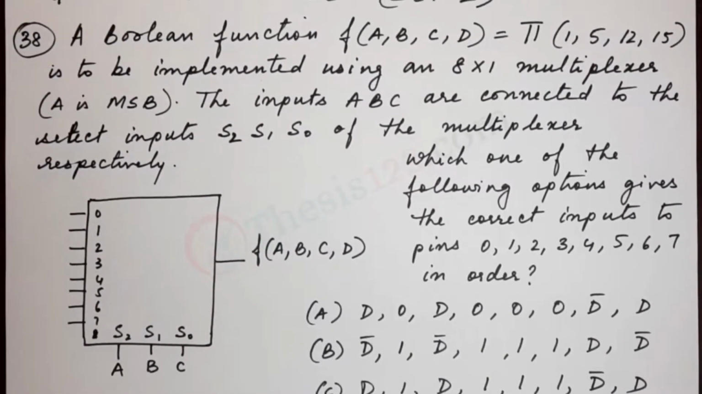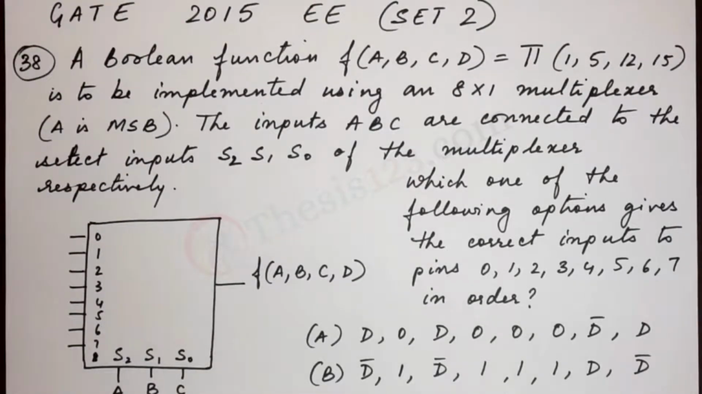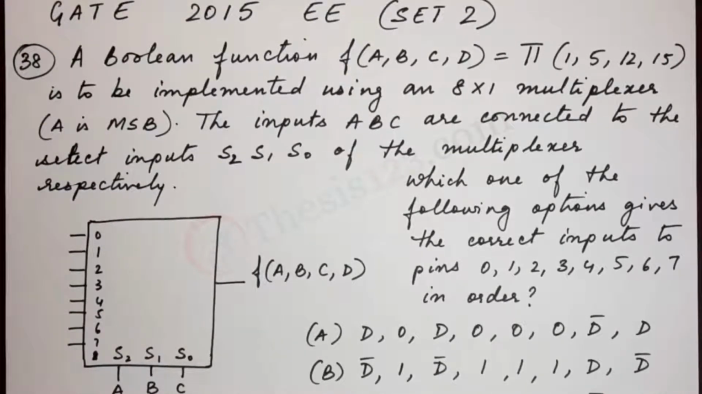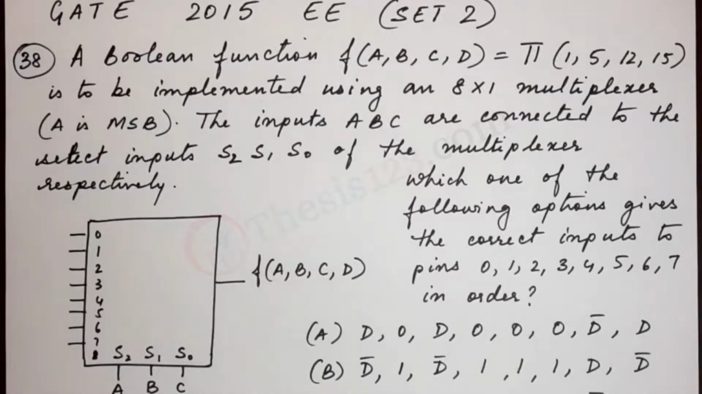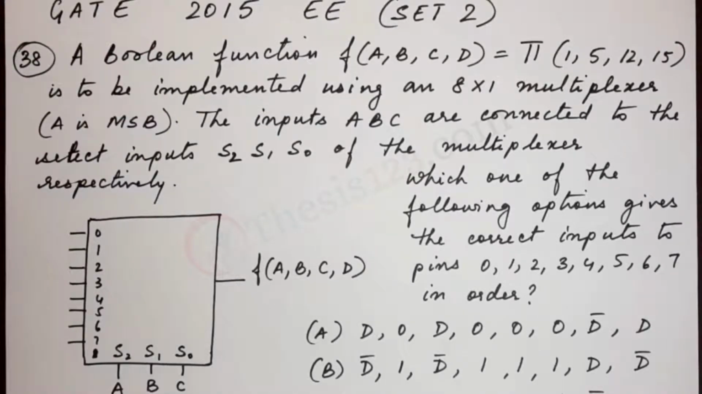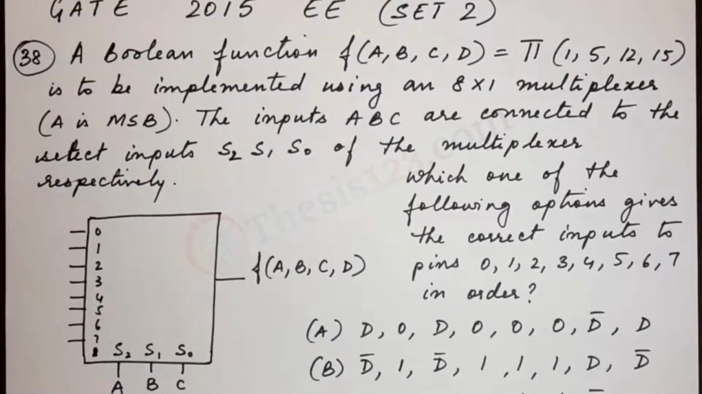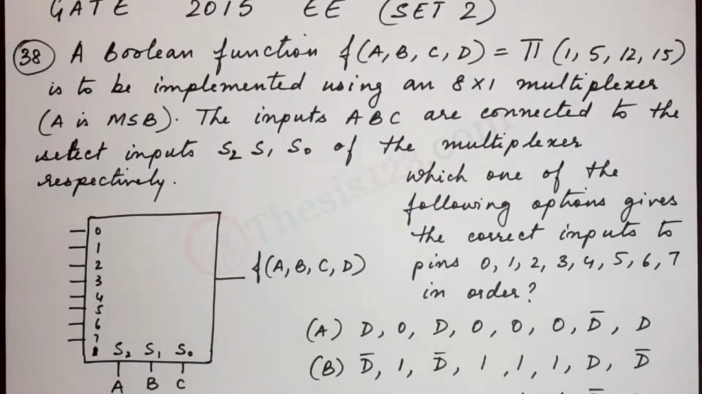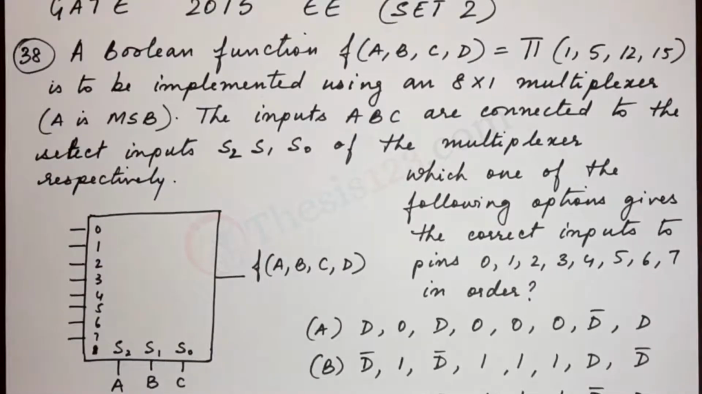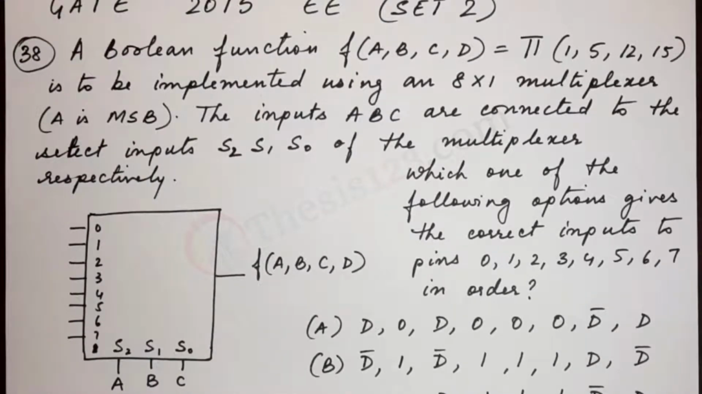Here's question number 38. A Boolean function f of ABCD equals pi of 1, 5, 12, 15 is to be implemented using an 8 by 1 multiplexer, 8 to 1 multiplexer. Here A is MSB, most significant bit. The inputs ABC are connected to the select inputs S2, S1, S0 of the multiplexer respectively. Which one of the following options gives the correct inputs to pins 0, 1, 2, 3, 4, 5, 6, 7